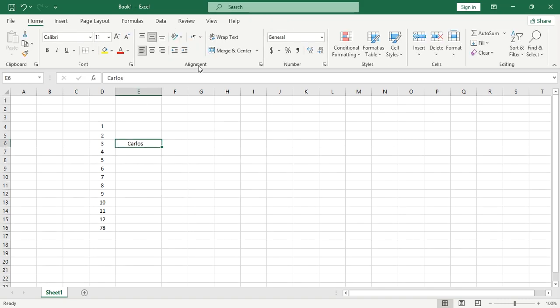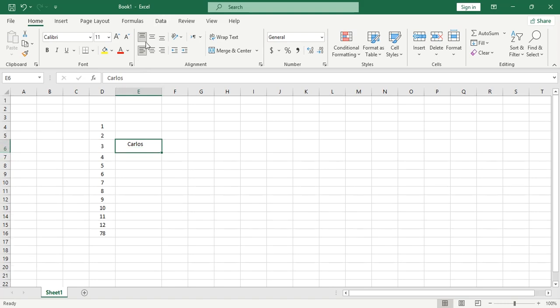Next is text alignment. This is very helpful and very useful in the job area. We have a text inside the cell and we want to change the location of the text. We come here. If we want to bring it to the top, we choose top align. Oh, you can't see the change because the size of the row is small. We make it bigger. Then if we choose middle align, you can see the change in the location of